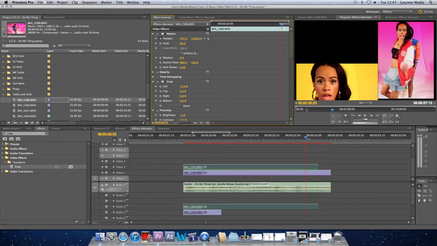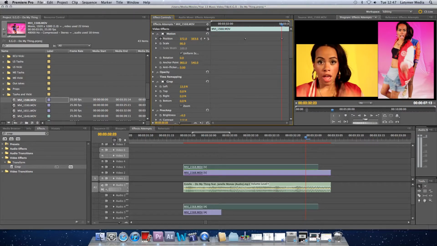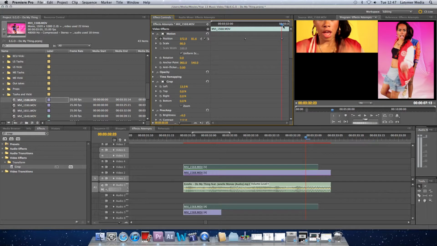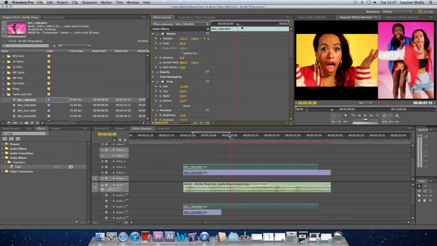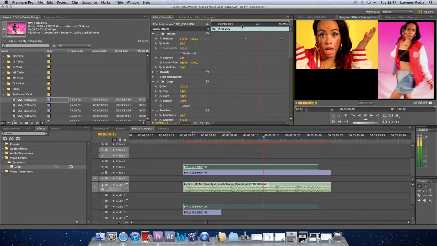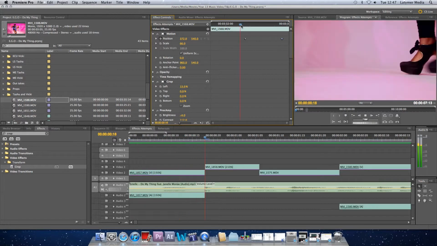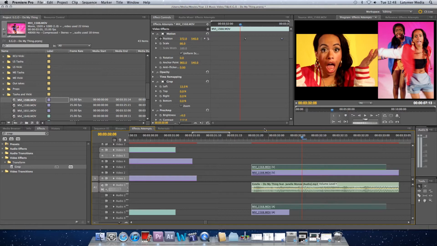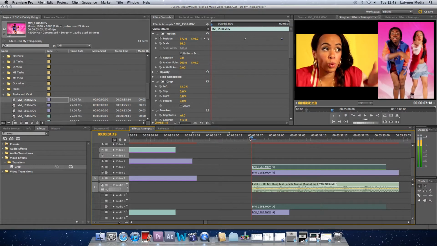or lower. So for instance, if I put it higher, it'll move up instead in the frame. So it'll go higher. Once you have the time frame